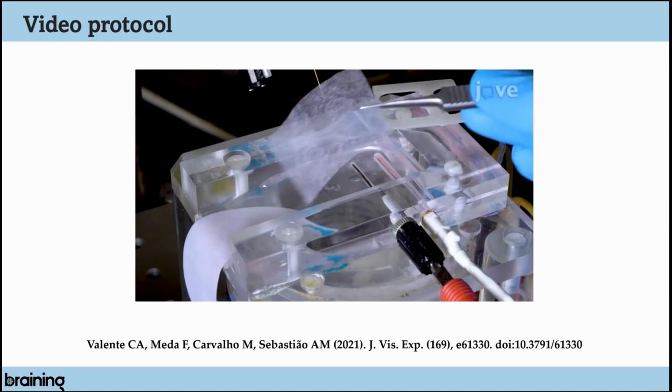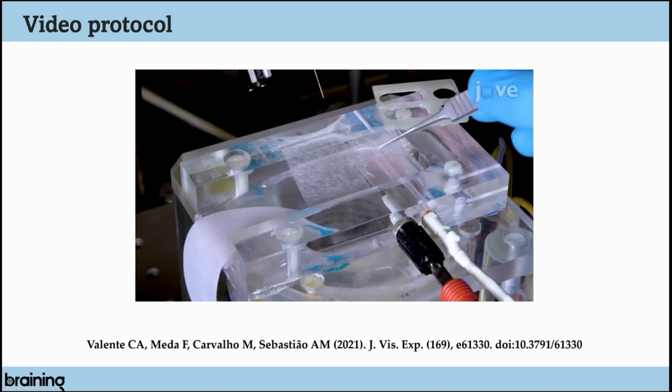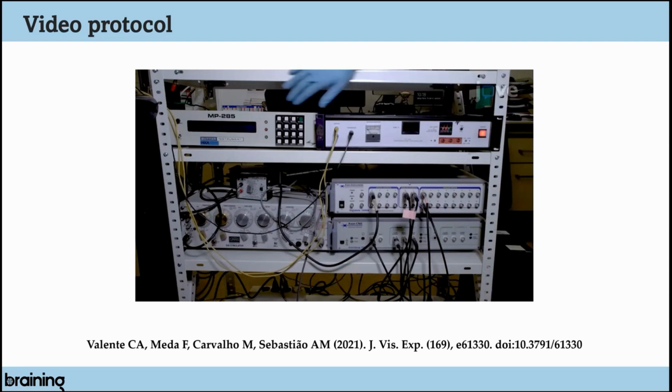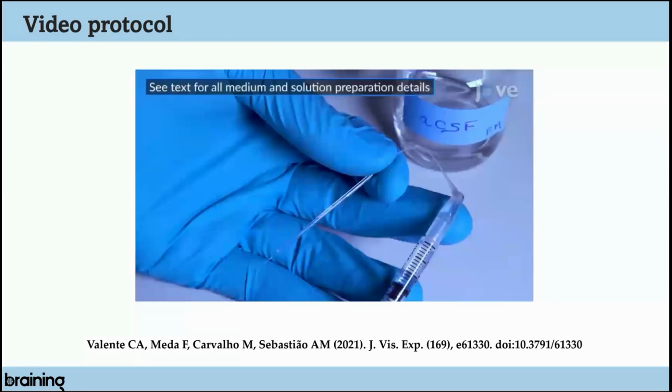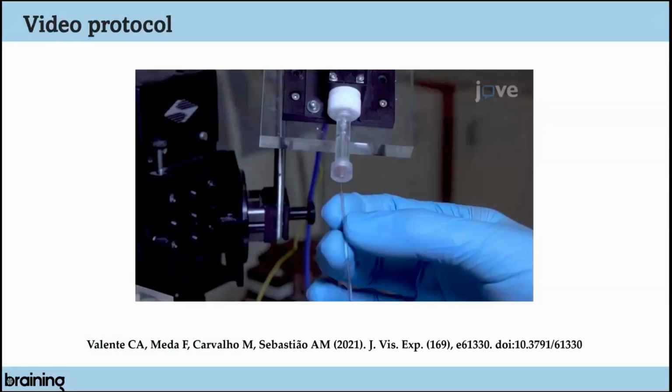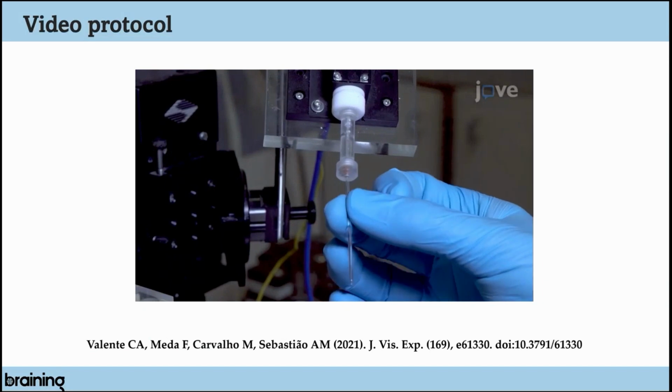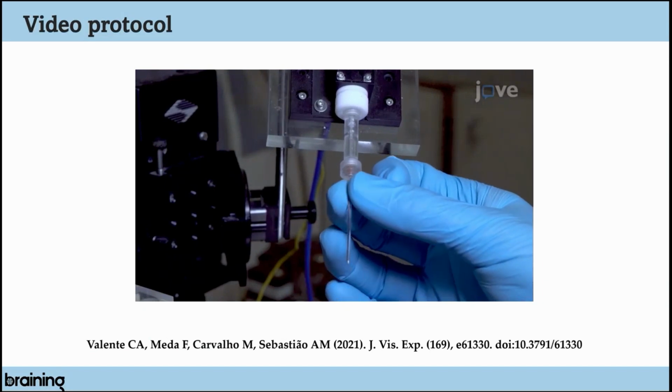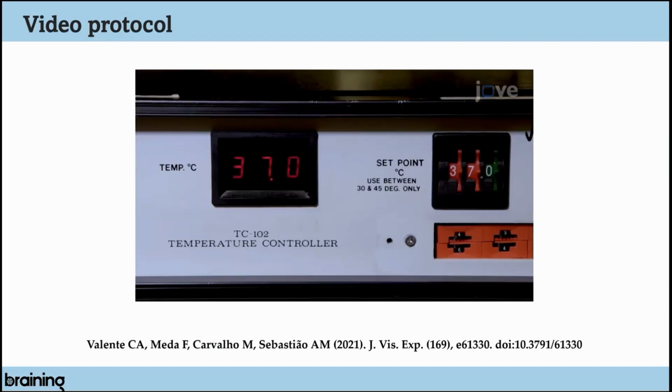Place a piece of lens cleaning paper beneath the frame to supply medium to the slice, and turn on the temperature controller, amplifiers, and micromanipulators. Use a syringe to load a glass electrode with freshly prepared artificial cerebrospinal fluid. Place the glass electrode into the receiving electrode, and wait for the temperature in the interface chamber to stabilize at